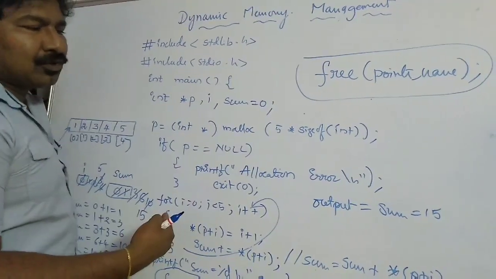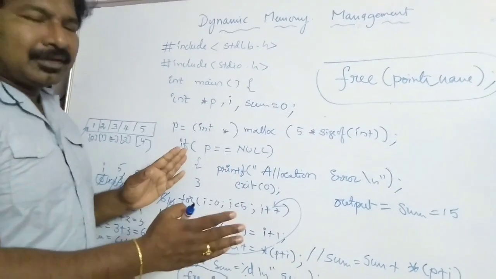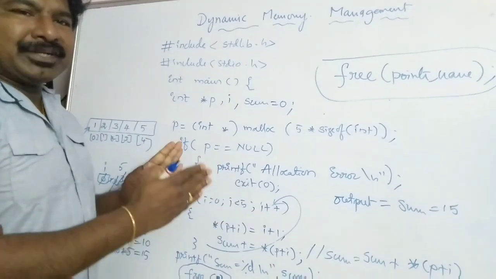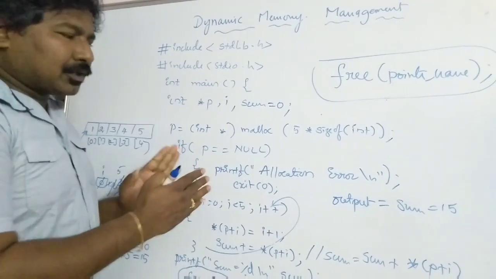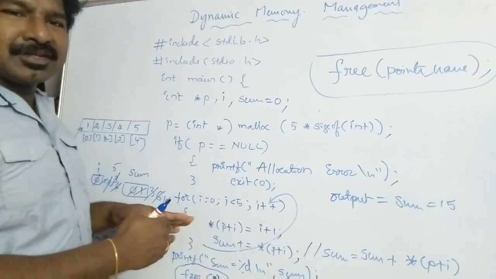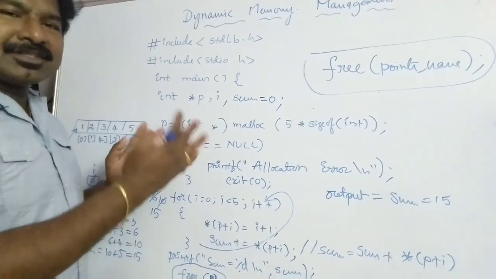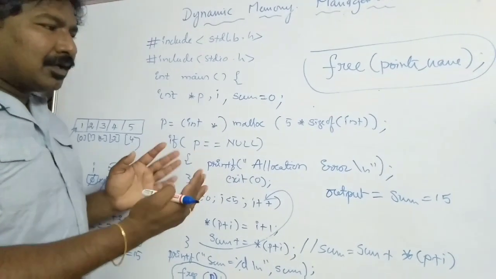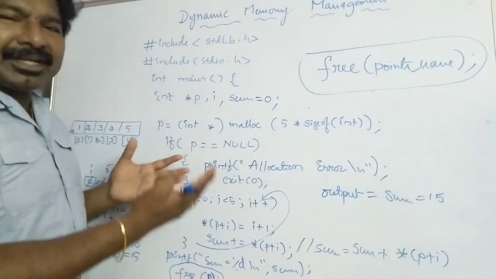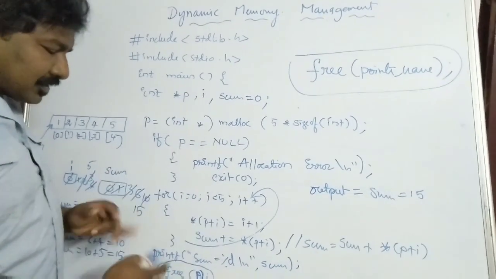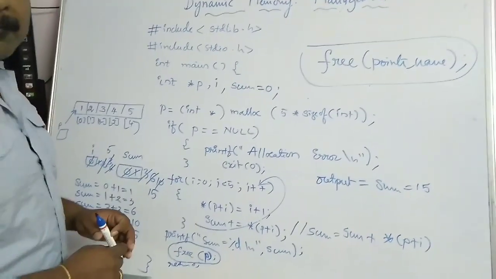When you forget this, the memory is allocated from the heap, and the memory allocated for the pointer is still given to p only. Even if you close the program, p is still in the heap and occupies that space, and that space is never freed. So you cannot take that memory as free memory. For that you have to deallocate the memory manually using the free function. So this is a program for malloc.